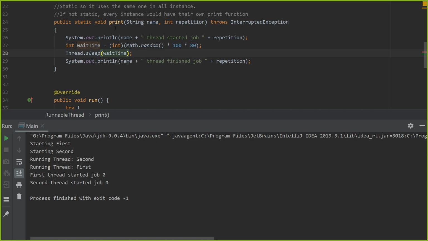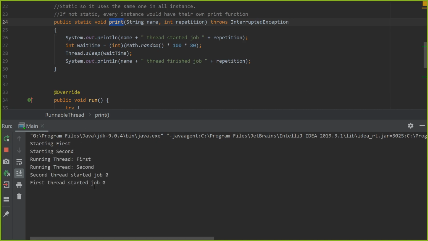Now, remember, we're assuming that print is like a bank account. We don't want people to access it at the same time, because one could be taking out money while another deposits money, and the takeout money is gone, it disappears as if it never happened, right? So this is a scary thing. It should be shared, but it shouldn't be shared at the same time. Think about the spoon as well. I can't eat and he eats at the same time. We cannot do that. Now if we run our application,